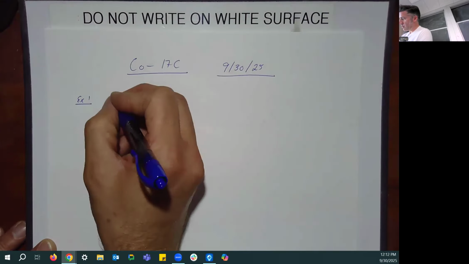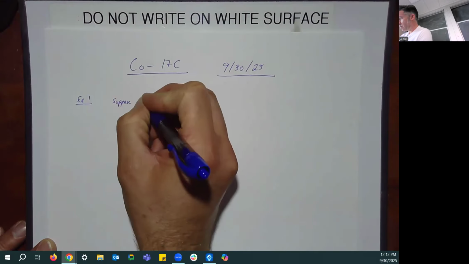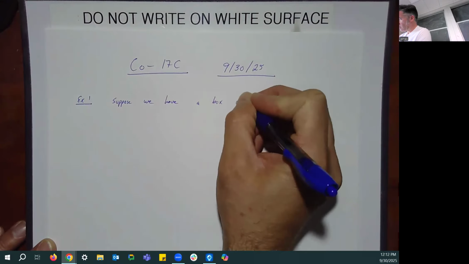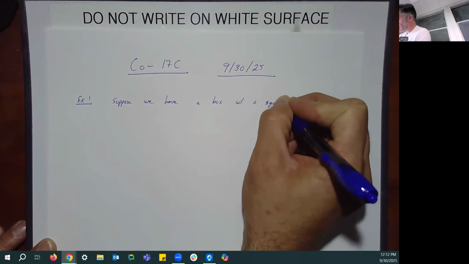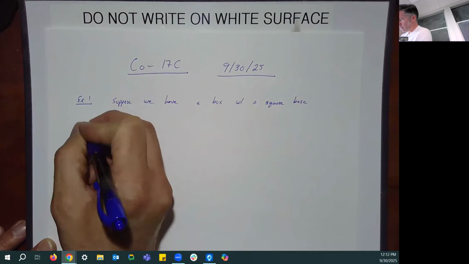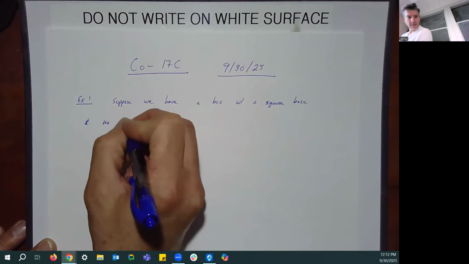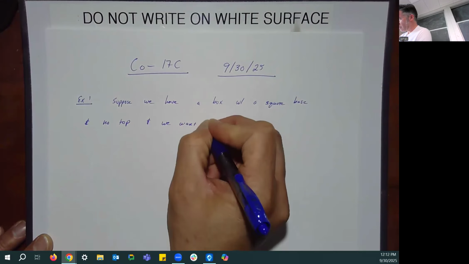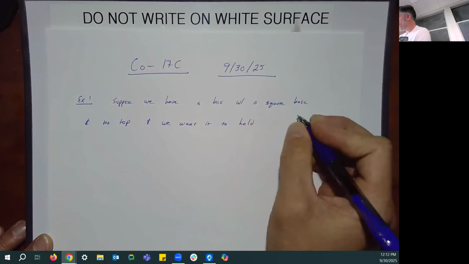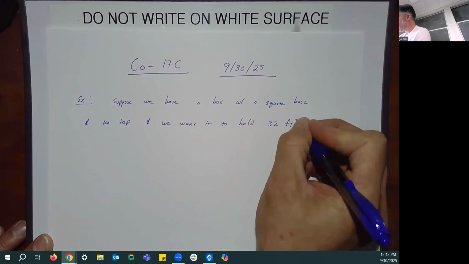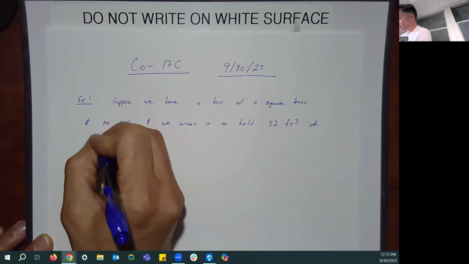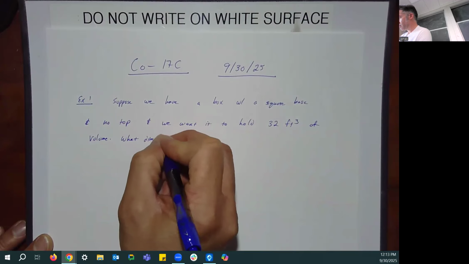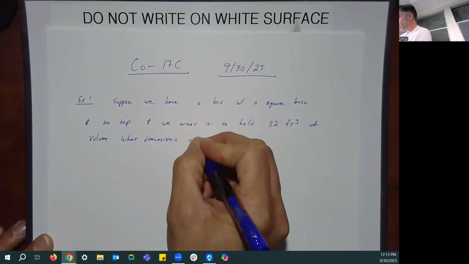Suppose we have a box with a square base and no top, and we want it to hold 32 cubic feet of volume. What dimensions can the box have